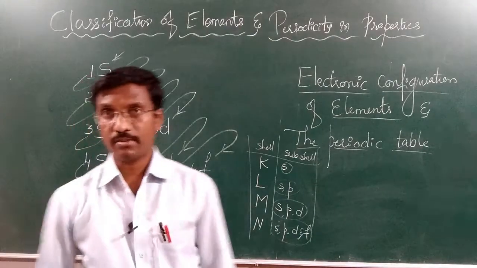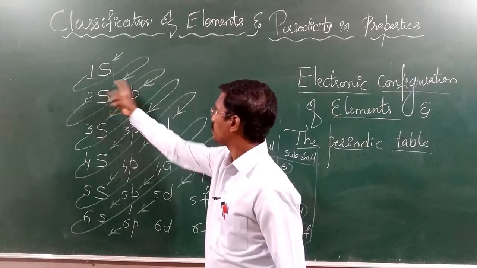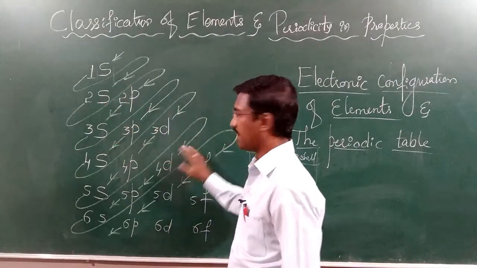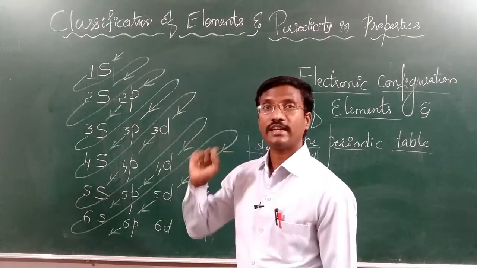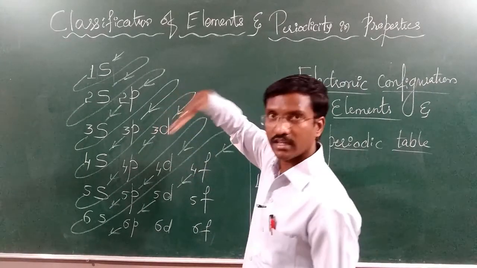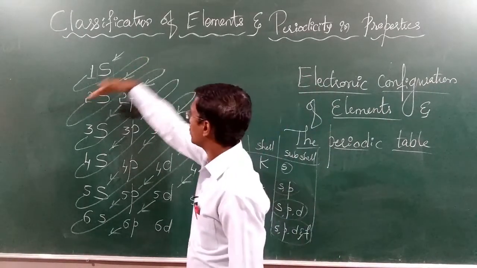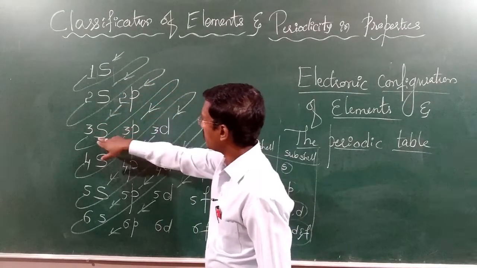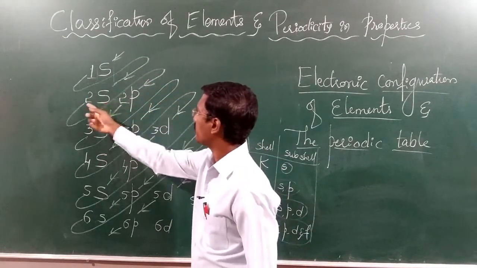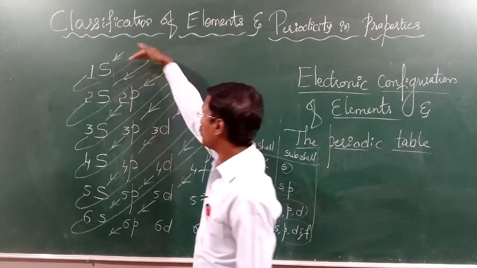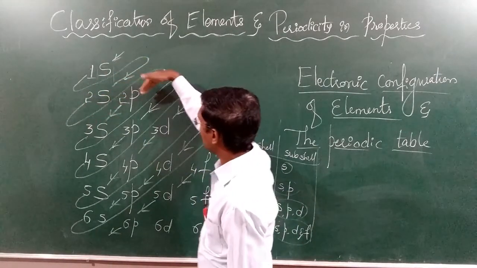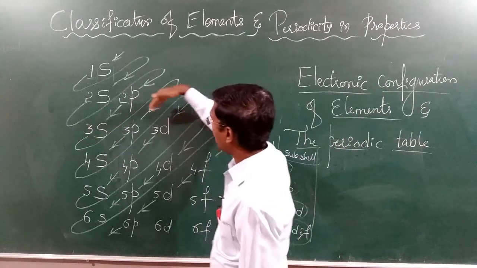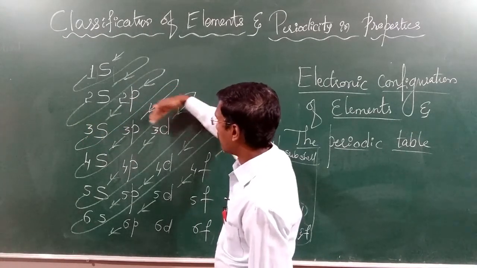How I am writing, first, as you observed, 1s, 2s, 2p, 3s, 3p, 3d, like this. Electrons filling takes place in this route. 1s, 2s, 2p, 3s. After 3s it seems the electrons are filling in this way. Actually it's not filling this way, it's moving like this: 1s, 2s, 2p, 3s, and after 3p